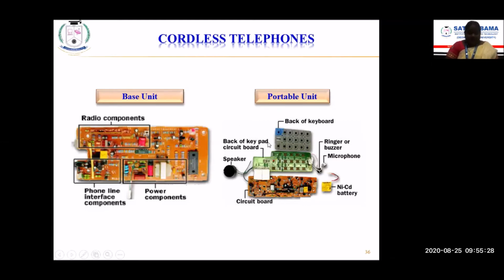Okay, I hope you are very clear with the concept. You should keep all these things in mind, and you should be in a position to understand if there is any fault or if something goes wrong with any of the components in the cordless telephone, and to rectify it. For that, you should have a clear understanding of all the basic components used here, and also the characteristics of the components used for building these cordless telephones. Okay.